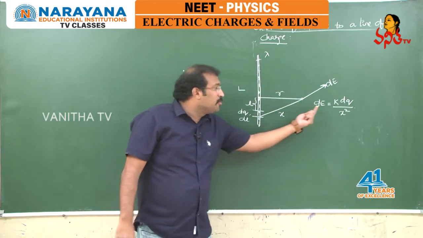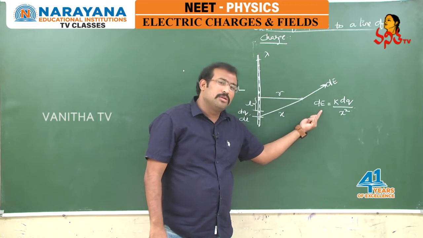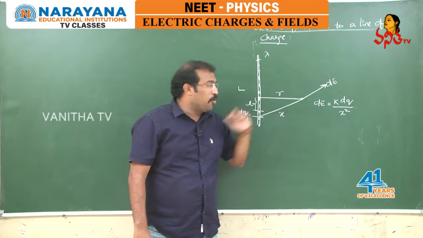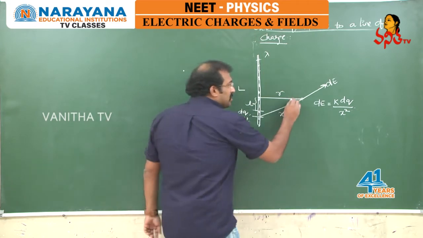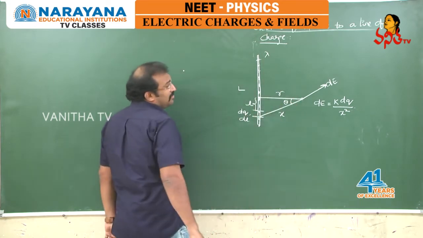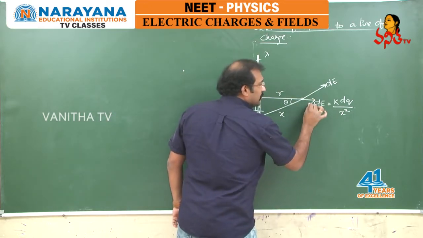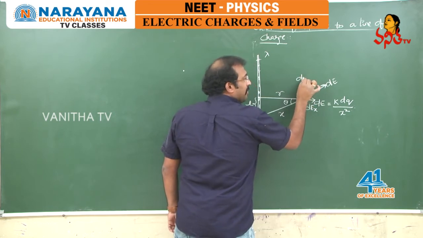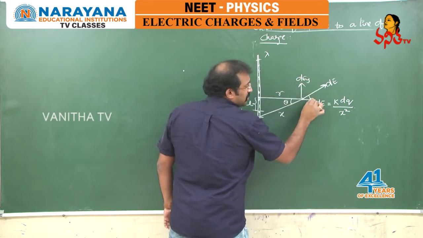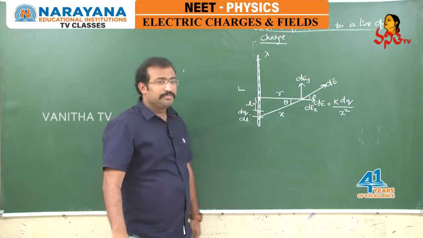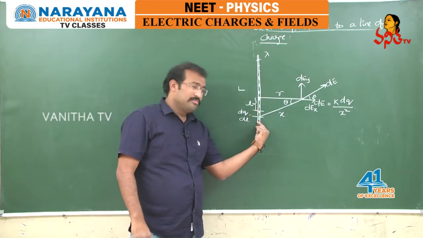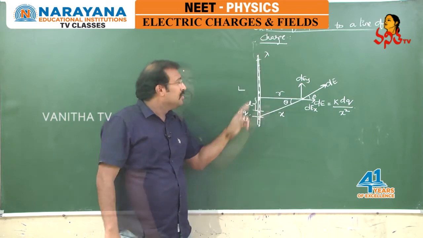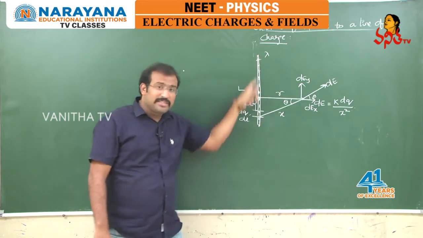Now from where to where we have to integrate it so that we can get the electric field due to the entire line of charge at this point. Let us assume this angle as theta. Now I will write in this direction dE x and in this direction dE y. If this is theta, this would be theta, alternate opposite angles. So if this element is here and if this element is here, from here to here we can integrate it to get the entire field due to this line of charge.